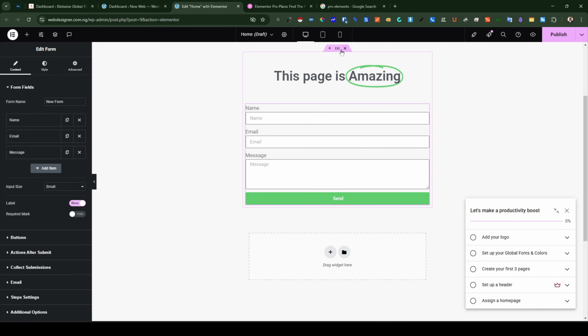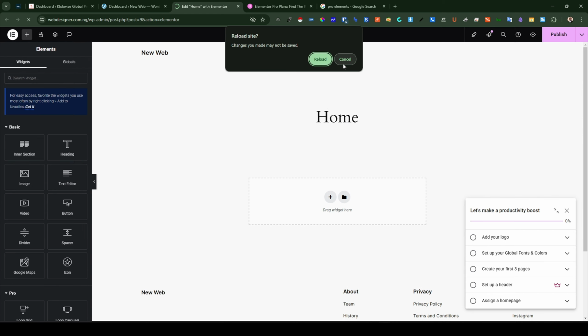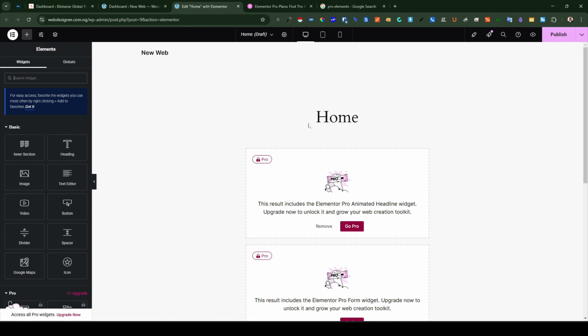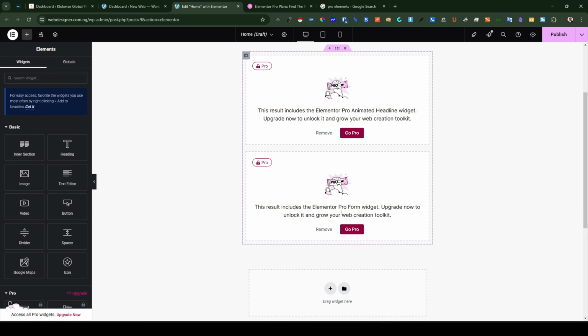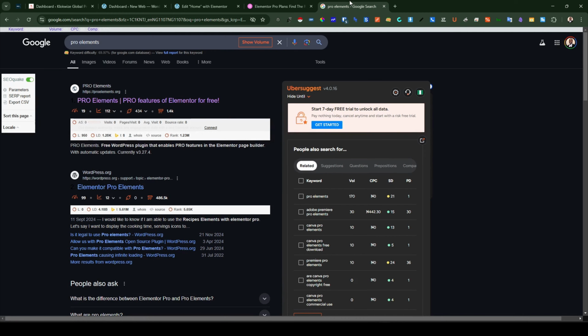Now if you come to your Elementor page builder, the free version, you see that there are quite a few limitations, and that's because all of the pro features are stripped off. So for you to have access to the Pro features, you are required to get a Pro plugin. You can see that the Pro animated headline and the Pro form widget are unavailable because they are Pro features of Elementor. So what you need to do is to come to Google and you want to search for